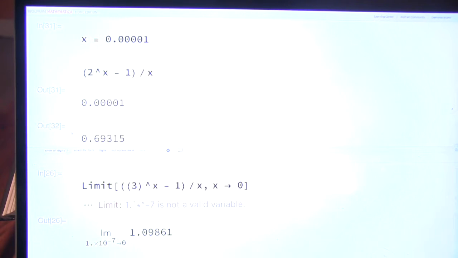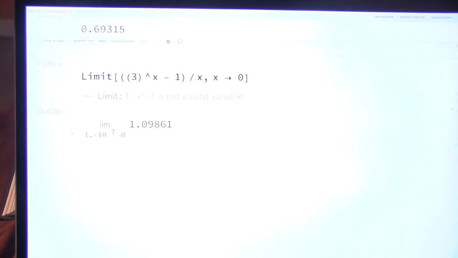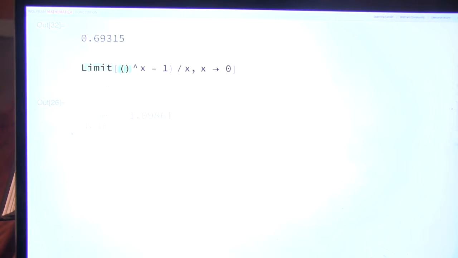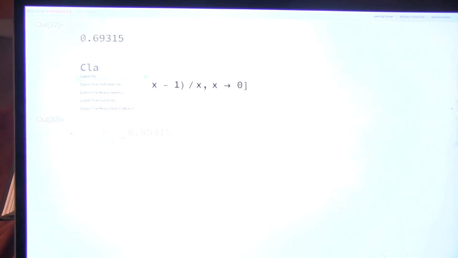Or there's actually a limit function in Mathematica, which probably is not all that surprising. If I want to do (2^x - 1)/x, looks like I'm missing a parenthesis there. You still have x set to 0.001 up top. Ooh, good point. Thank you for figuring that out. I was puzzled. So the way you do that is you